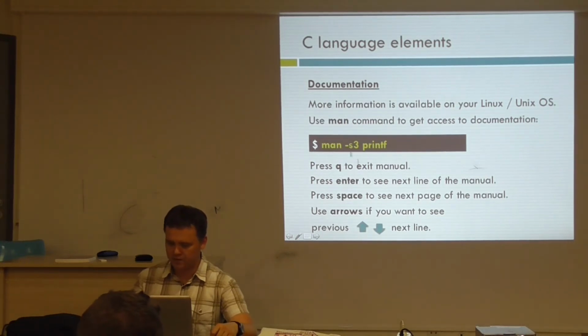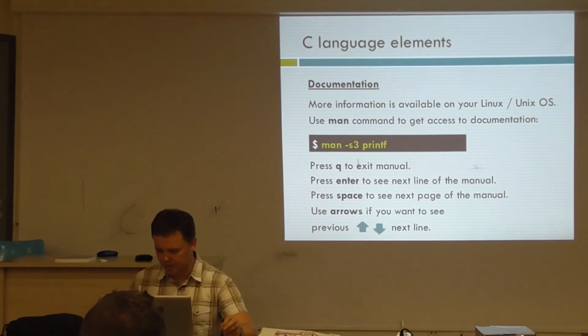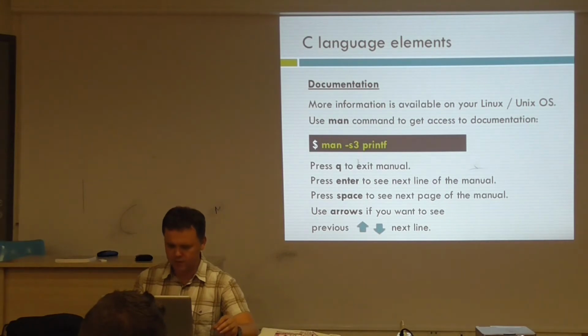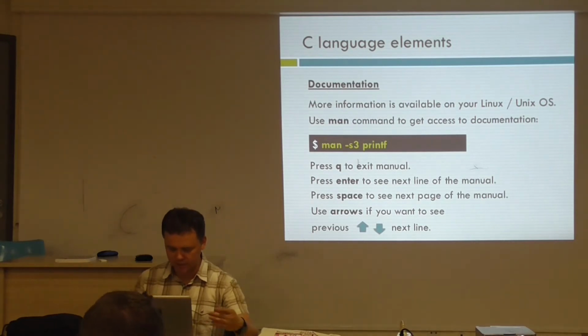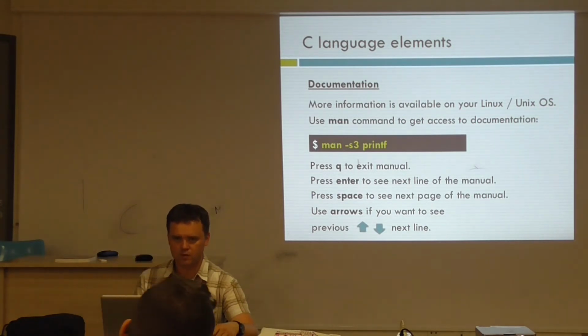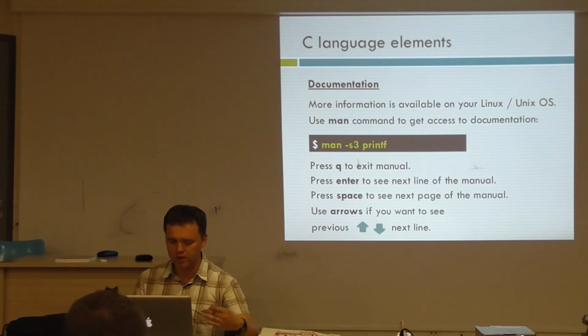So there is a section, section 3. Section 3 is documentation of some programming functions. Okay? Of course, if you are not familiar with the manual, it's good to know that pressing Q, we can exit the manual, Enter, we can see the next line, space, the next page, and sometimes we can use arrows. Okay, because man is responsible for taking some manual and showing it to us, but for